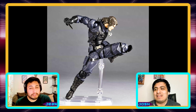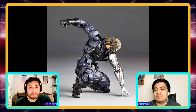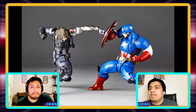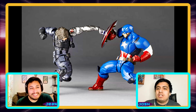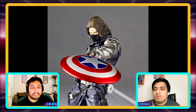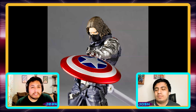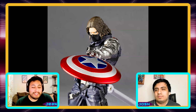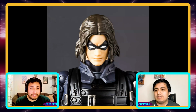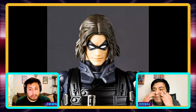It's a weird blend. Even that mask is more reminiscent of the comic. Even with this one, where they're posing it with the comic Captain America, it's almost like they're trying to make it play for both sides, where it could work as a comic figure as well as your live action. This is very live action, right? Yeah, that's live action, a straight shot. But that's comic book. Yeah, that's 100%. He's supposed to have the comic